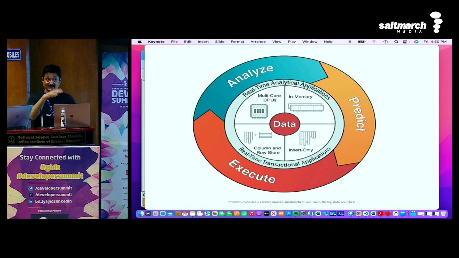So Oracle started doing the same thing. There are multi-core, in all different places. They're also multi-core. In memory you are doing the calculation. Insert only. What does insert only mean? If you insert data, it is an insert. If you update data, it is an insert. If you delete data, it is an insert. Behind the scenes, you're going to clean up later on, the compaction process.